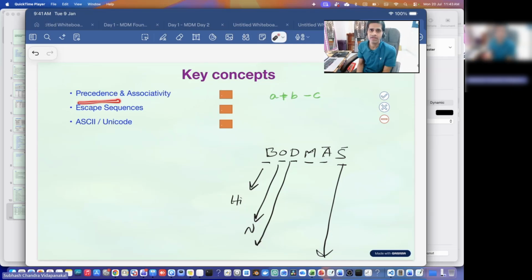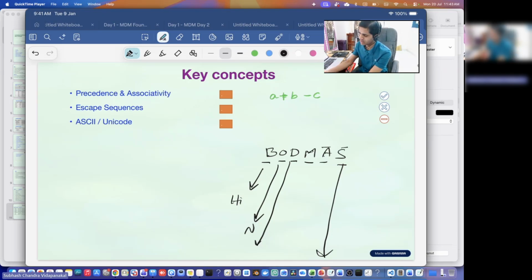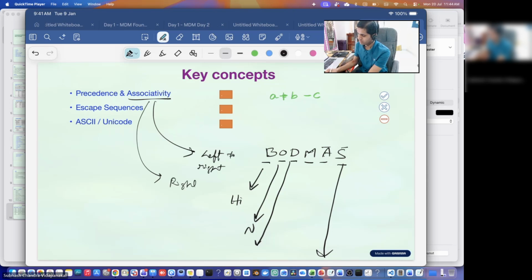But associativity is something like left to right or right to left. That is what associativity is. Okay, left to right or right to left. This is what associativity is. So this one varies. For example, if I have to take some example,